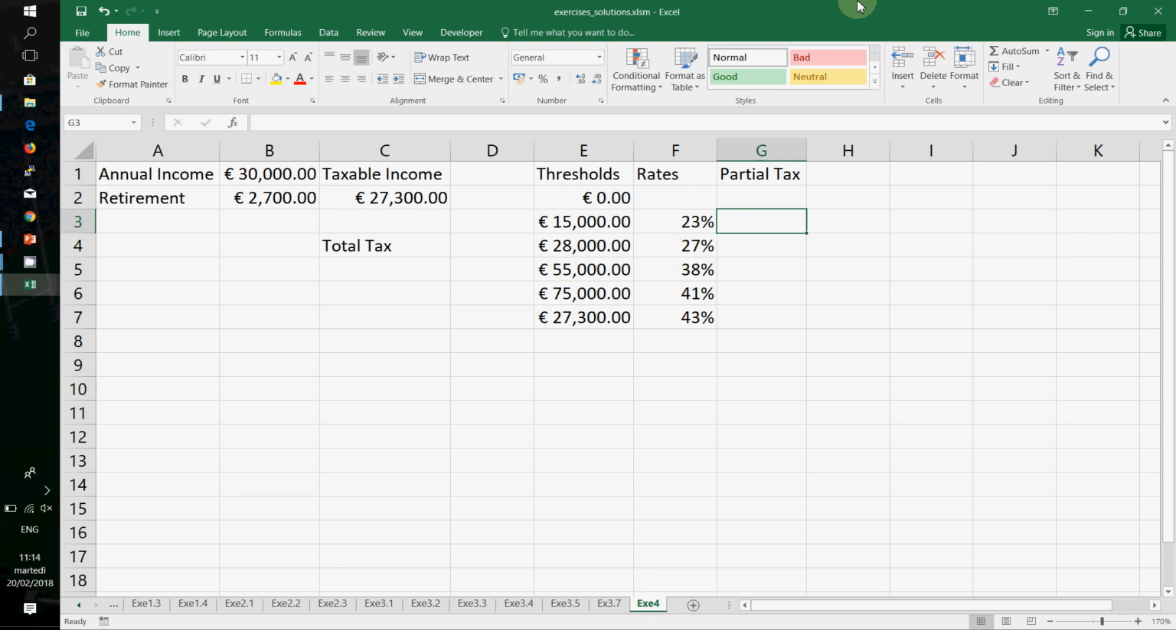We can create an if function where, in each row, we evaluate if we are above or within the range. If we are within the range, we multiply the rate by the difference between the income and the lower bound. If we are above the range, we have to take the full range, the full difference between the upper and lower bound. So it's easier to do it in formulas. Let's do it here in the row for the second threshold because it's clearer. So, equal if